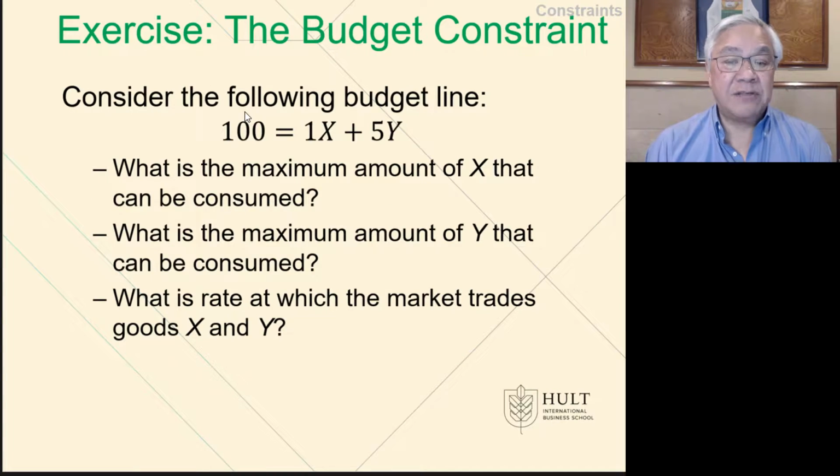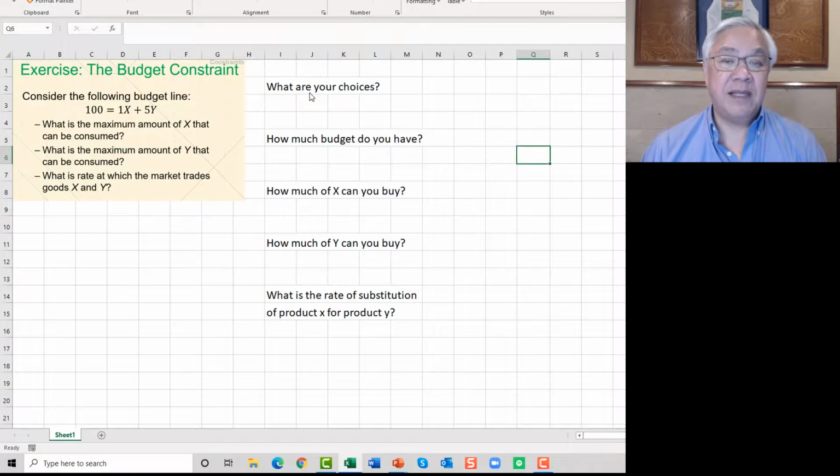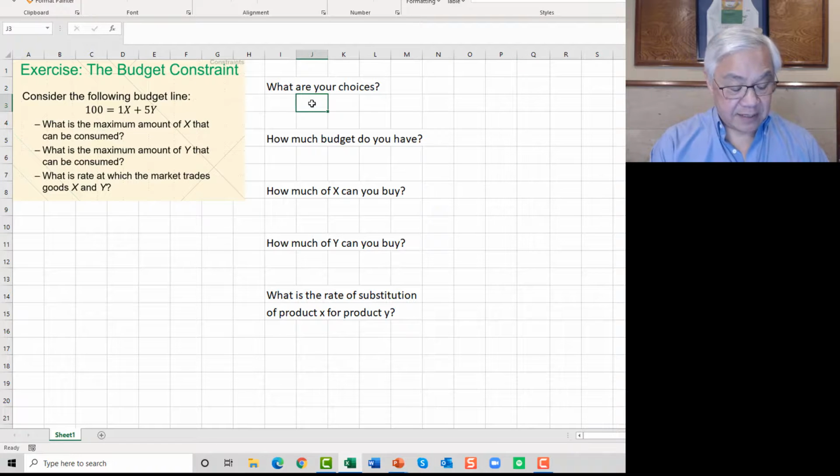So let's look at an exercise of the budget constraint just to make sure you know the dynamics of the choices between X and Y. So we'll go to Excel. Here's the same information that we saw previously. So what are your choices? I have X